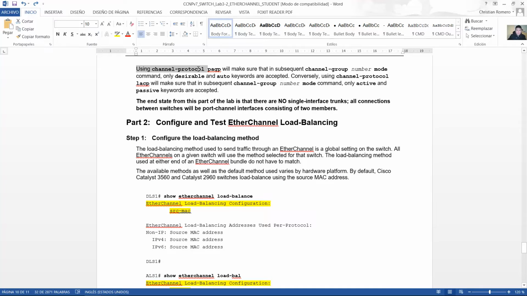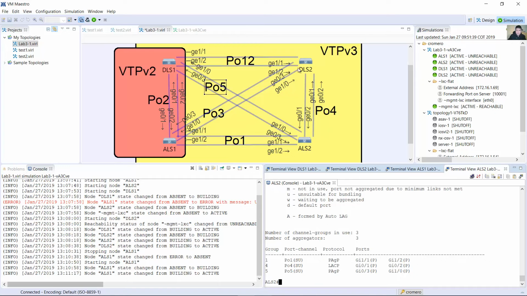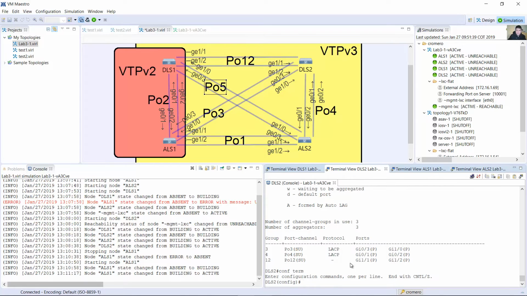Using the channel protocol Port Aggregation Protocol will make sure that in the subsequent channel-group number mode command, only the desirable and auto keywords are accepted. Conversely, using channel protocol LACP will make sure that in the subsequent channel-group number mode command, only the active and passive keywords are accepted. Okay, for example, on DLS2,